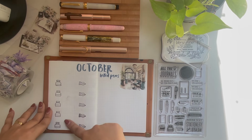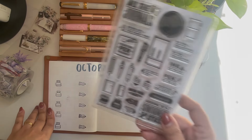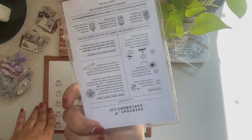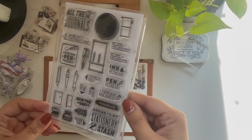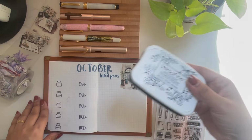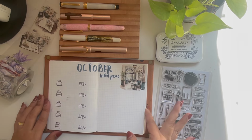I also prepared and already stamped off cam. I'm really bad at stamping, using my Everyday Explorer stamps for fountain pens. I really like this brand. She has a new release for fountain pen enthusiasts like me. I hope I can get it one day. And also this VersaFine stamp pad. So yes, let's get it on. We're a bit late for this upload, but anyway,